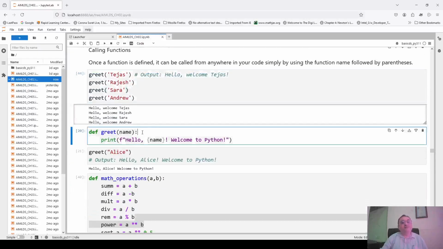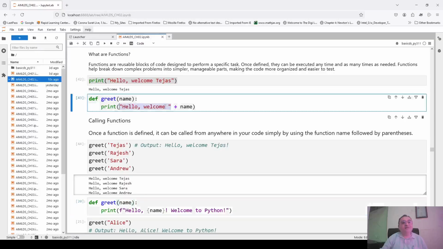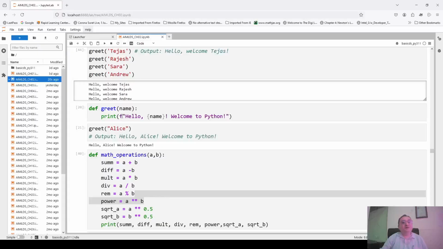Now, this is yet another example. Here there is another function greet, again I am supplying some name, and here I wanted to introduce this. You can concatenate one string with another in this manner by the plus operator. Okay. But you can also use something called an f-string, and many Python programmers prefer this f-string. Once you use this f-string, whatever is the variable, you can just write it as if you are writing an ordinary string. So hello Tejas, welcome to Python, like that.